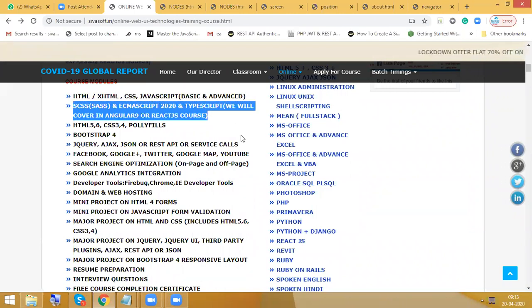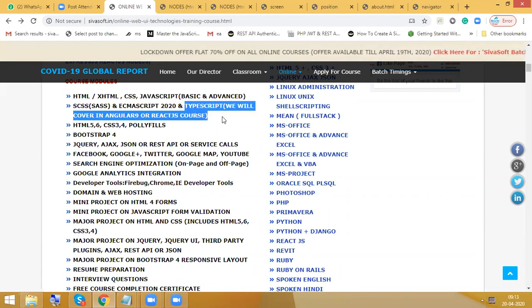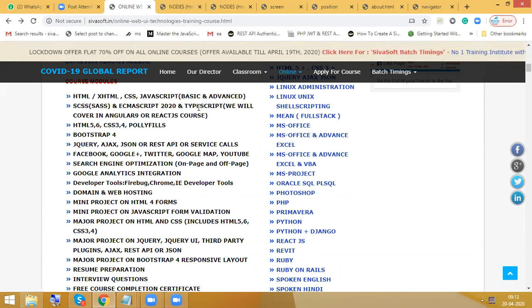Those who have taken the Angular 9 course, for those people only you are going to get the SASS framework, ECMAScript, TypeScript. We'll cover these in Angular 9 or React JS. Based on ECMAScript and TypeScript, you are going to have some advanced JavaScript concepts, which include object-oriented concepts like class, class name, how to create an object and everything.